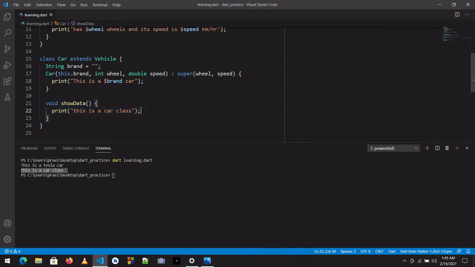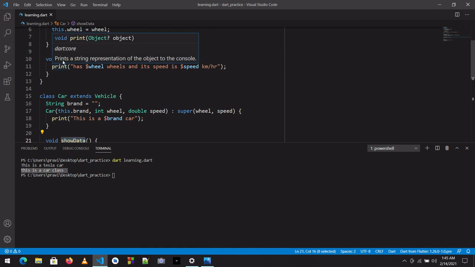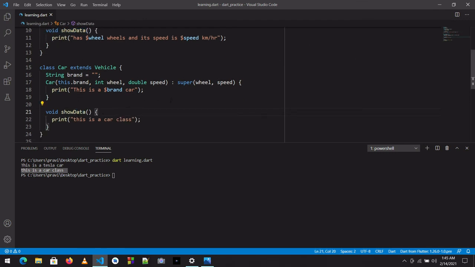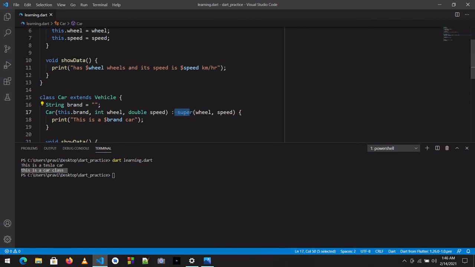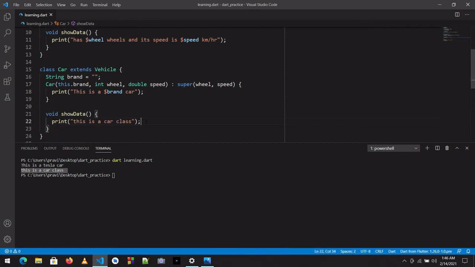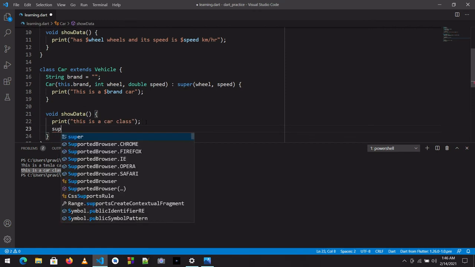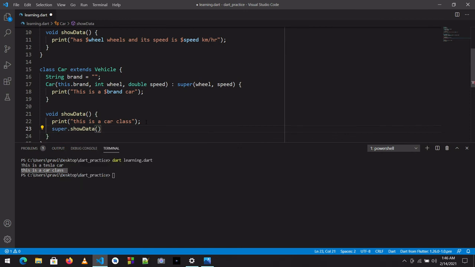So for overriding that, we use the same function name written here, show data. Now we will use the super keyword. The purpose of the super keyword is to access all the function attributes from the parent class. So we will use super here. This is a car class, so super dot show data.